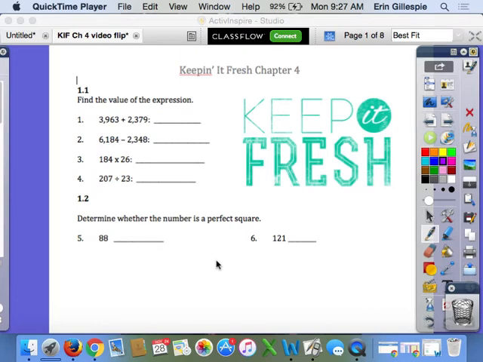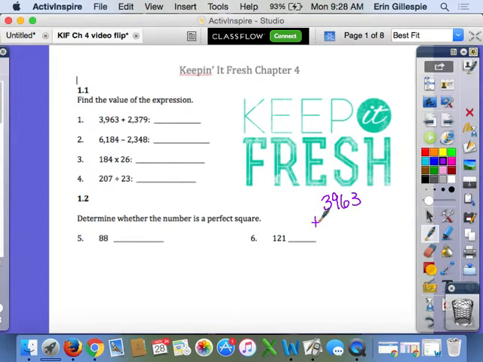All right, this is the video for Keeping It Fresh Chapter 4. The first few problems there are from our very first section, 1.1. So you're just finding the value of the expression. Remember, that basically means just answer the expression. We don't say solve because it's not an equation. So your first one there, 1, you have